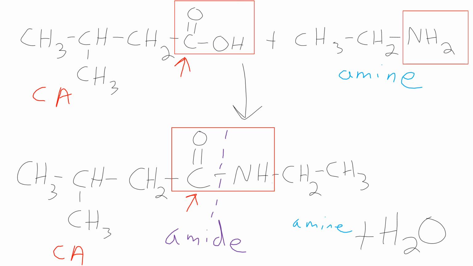Well, attached to that C double bond O outside the functional group, what do I have? I'm just going to label it with a red one. I have a CH2. Guess what? I have a CH2. What's connected to that CH2? I have a CH. Let's label that with a red 2. I have a CH. What do I have connected to that CH? Well, I have a CH3 and another CH3. Nothing changed with my connections on that.